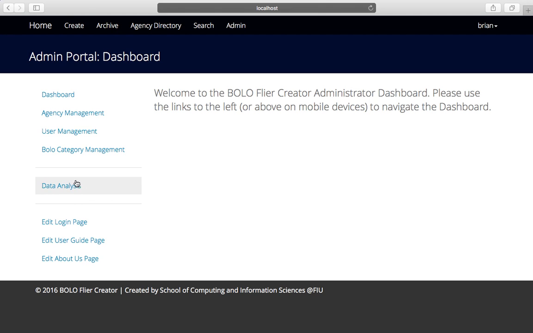Now, building off of data analysis, there's two separate features that we feel could be added to the system and would actually provide a lot of information for the root users as well as the supervisors and anybody that's using our system and wants to see how it's behaving. We feel that the system should have some sort of log, a system-wide log that can be viewed only by the root users,